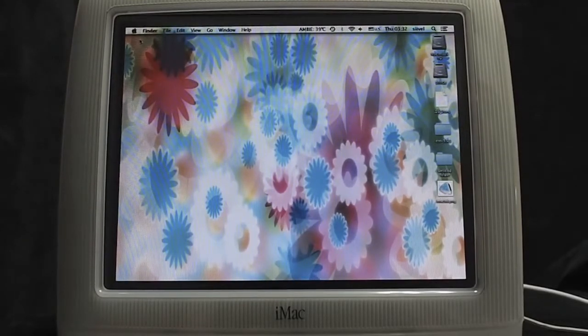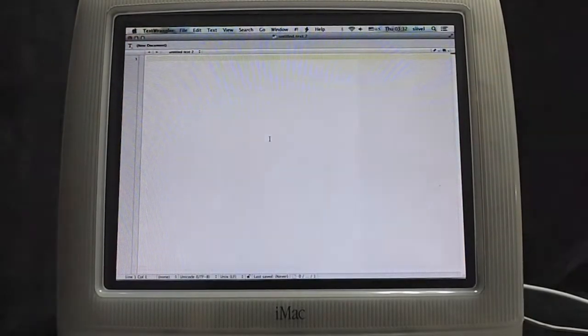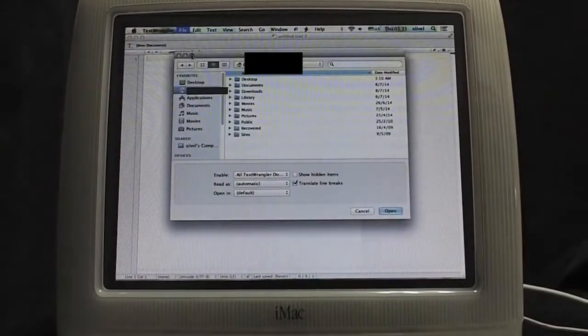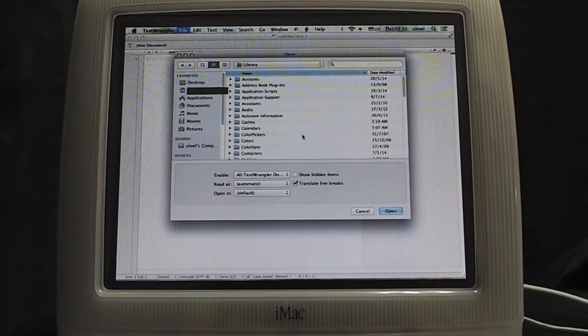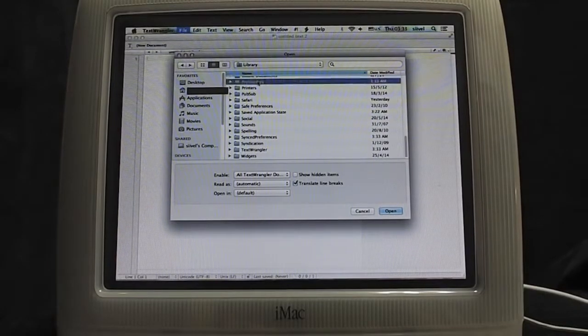We need a software to perform this function, which is TextWrangler. We open it and then open a file, which is at User, Library, Preferences,